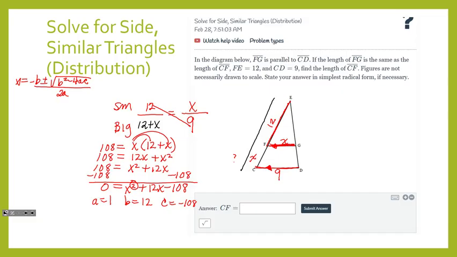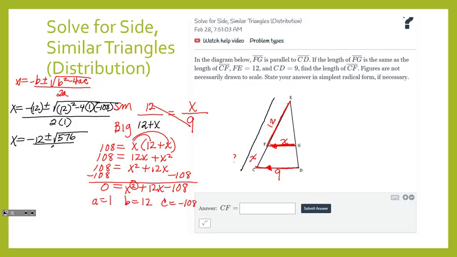All right, here we go. X equals negative 12, subbing in negative 12, plus or minus the square root of 12 squared minus 4, subbing in A, subbing in C, all over 2 times 1. So x equals negative 12 plus or minus, when you type in the whole thing underneath the square root, it's 576, all divided by 2. Now, some of you are maybe a step ahead of me and you already know what the square root of